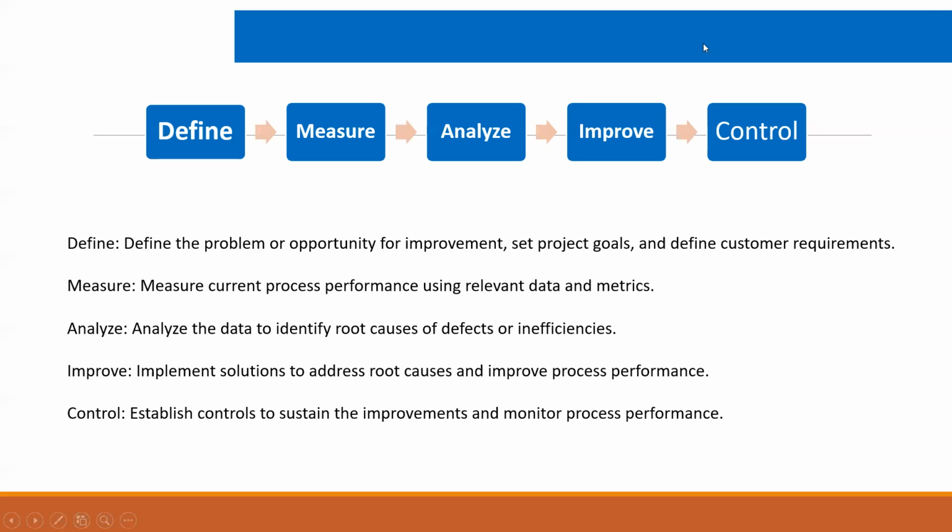So in define, we have defined the problem, and in measure, we have measured the problem, right? What are the problems over there? Where, if there is a continuous fluctuation, or somewhere we are very stagnant, somewhere we are going very down, somewhere we are going very high. Why is it not happening? Product quality, service quality, whatever we have found, based on that, right? After that, what you have to do, you have to identify, analyze the root cause of the